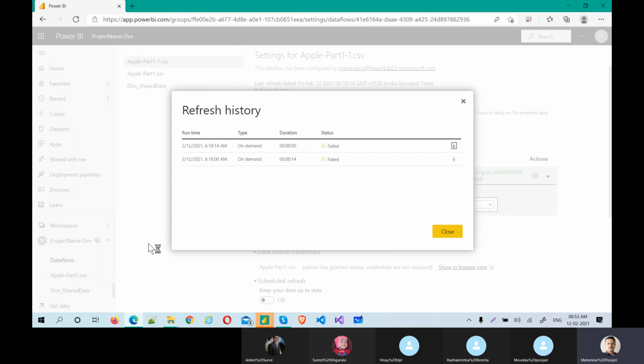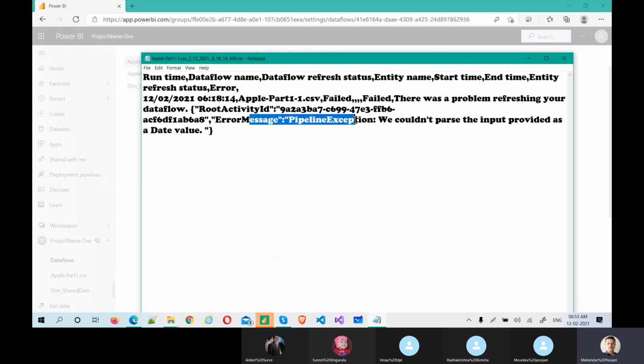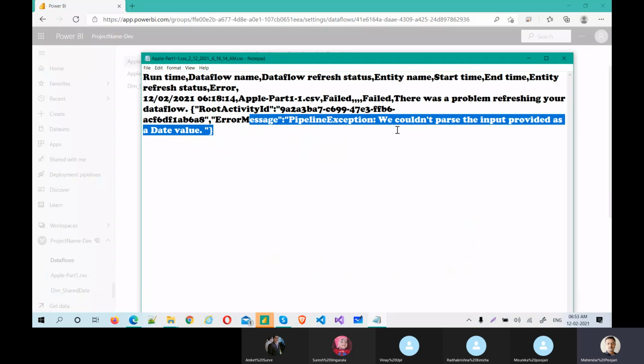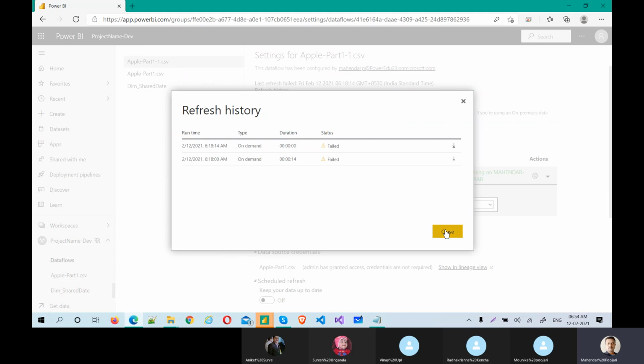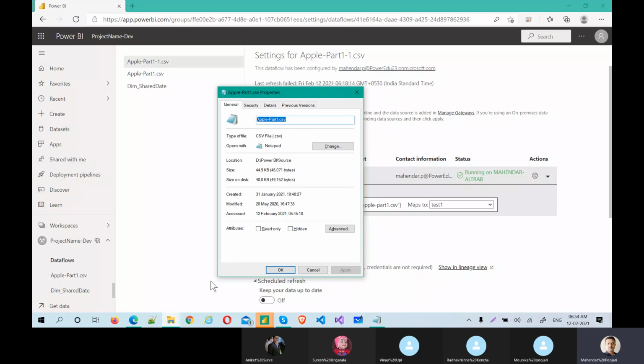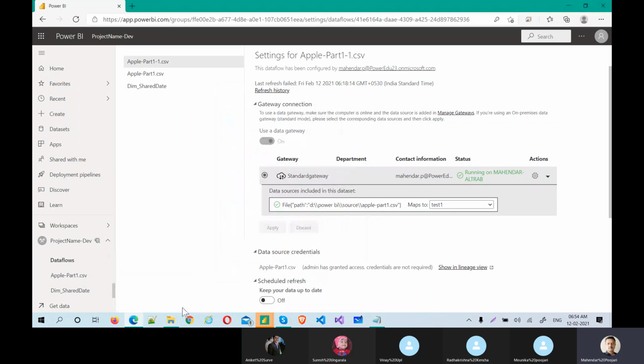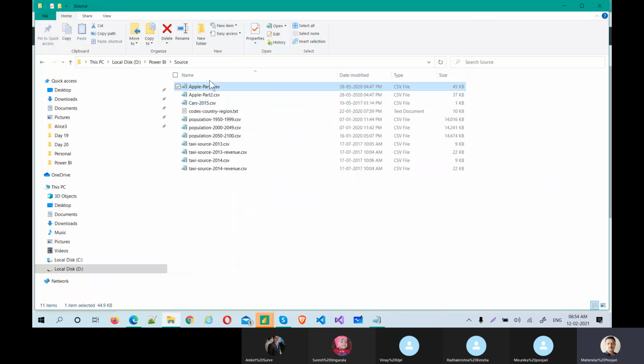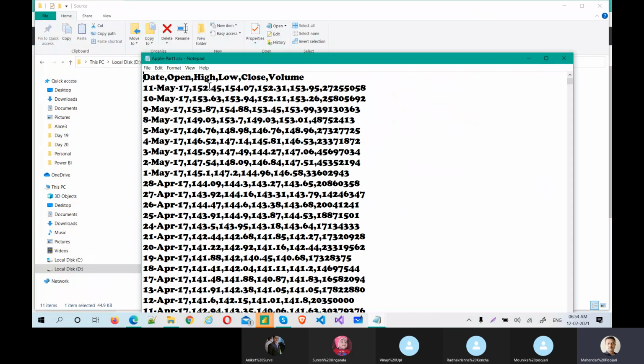What is this error? The error message is pipeline execution: we could not parse the input provided as a date value. So it's saying there is some date value inside the dataset. Do we have any date inside the entity? No, we don't have any. Actually we have date now.